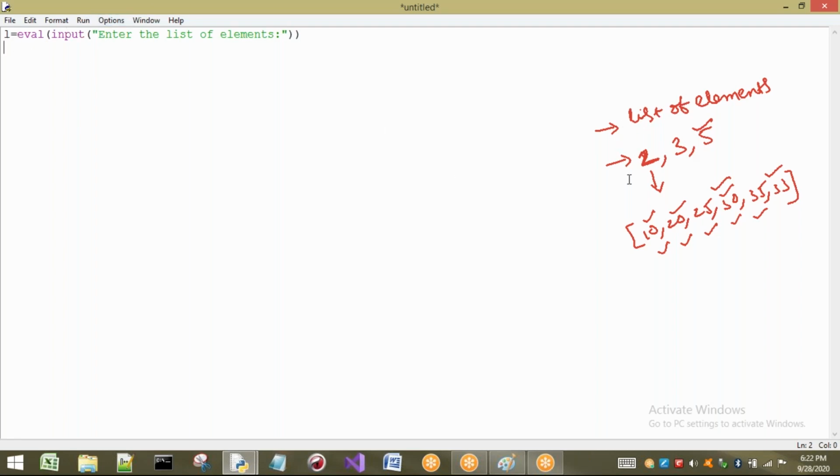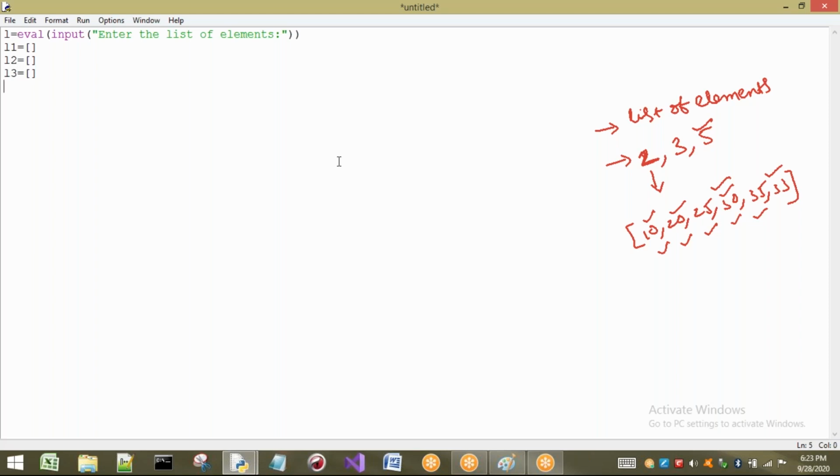Now what I require here, I want to find the numbers that are divisible by 2. First one. Second one is what? Which are divisible by 3. And third one is what? Which are divisible by 5. So that I have to take what? L1 equal to, for example, an empty list, L2. Okay, separately I am taking L2, which is an empty list, and also L3 I am going to consider an empty list.